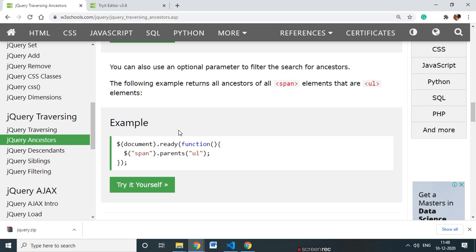Okay, now here, parents ul, parents ul. So here it returns all ancestors of all span elements that are ul.